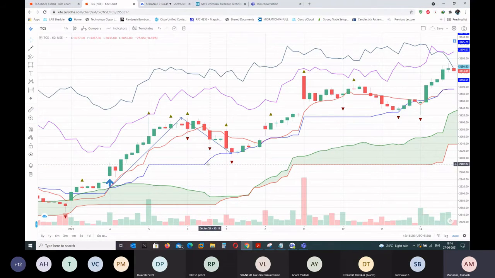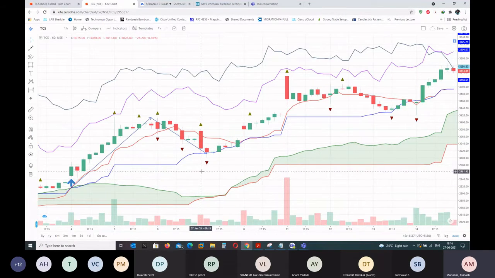As the Kijun-sen is going up, you simply revise your buy order there. On this close, you keep it here. On this close, you keep it here. On this close, you keep it here. On the very next candle you got triggered here. Once you put it here, on this candle low, it got triggered. Once it triggered, you sit on the buy. You simply sit idle, since you already got your order purchased.